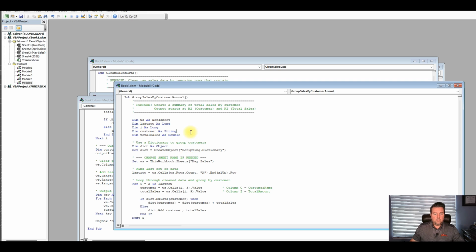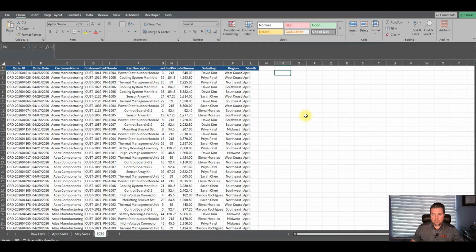Okay, and then this will need to change. Okay, and everything else should work. So basically what we're doing here is we're going to run a yearly, or kind of a running total for the year, and that's going to be useful for us.